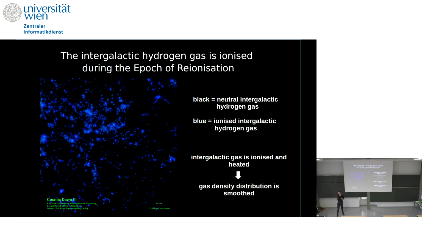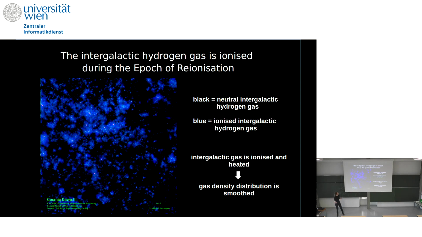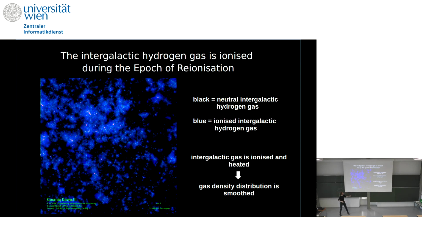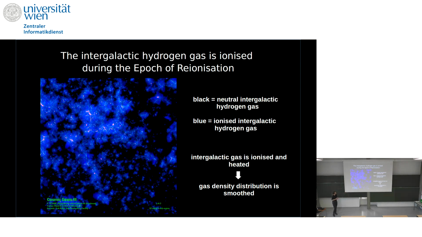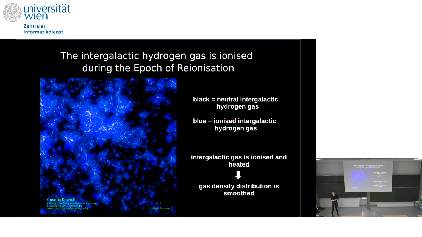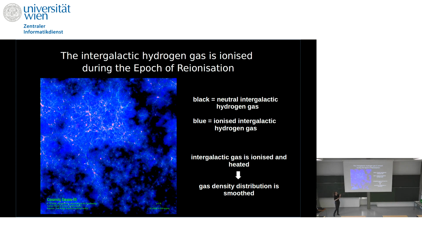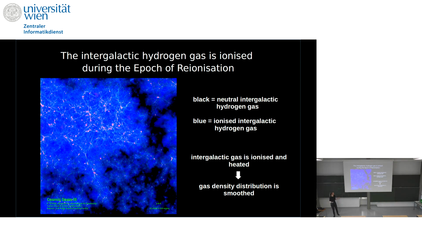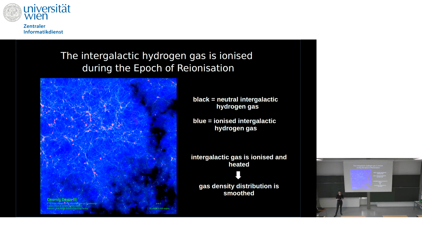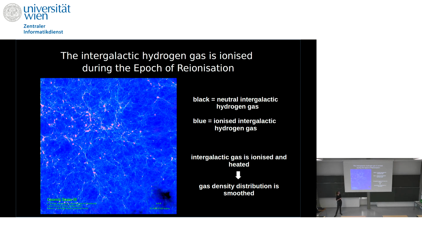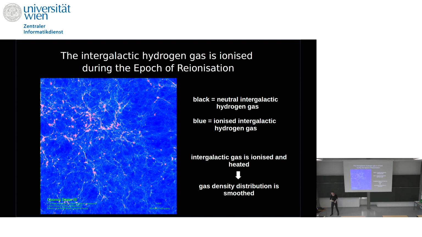And as these galaxies grow and grow, they produce more stars and therefore more ionizing photons. And more galaxies start forming, as you can see, and they do the same. And so the ionized regions start growing as time progresses. So this is the epoch of reionization. I think reionization makes sense in the sense that we re-ionize the hydrogen after it formed, as we saw in the cosmic microwave background. This is one of the state-of-the-art simulations of this. And again, you see here nicely the filamentary structure and so on.